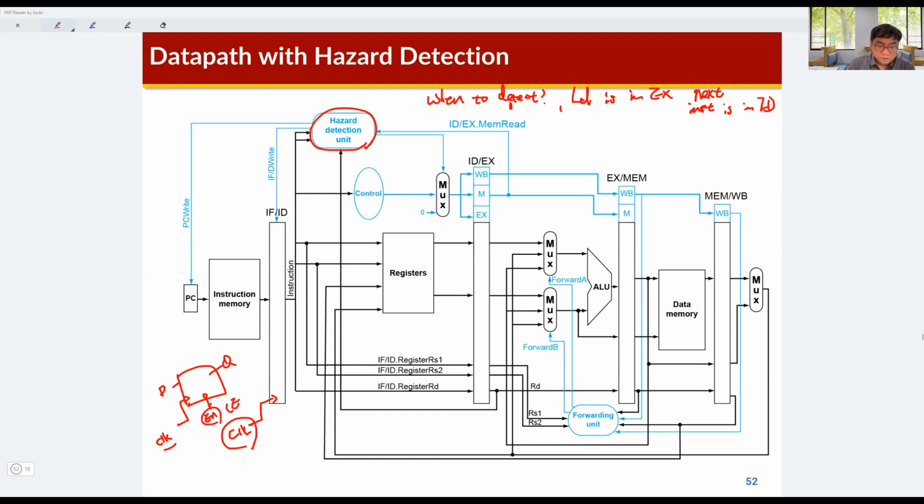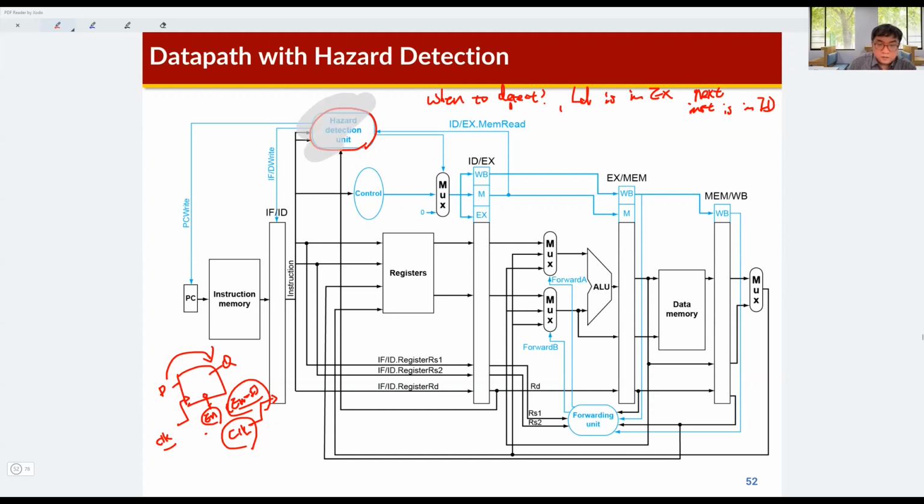So if the enable is 1, then D is updated to Q at the rising edge of the clock. But if the enable signal is 0, then the input signal is not updated to the output signal. Okay, so we can use this D flip-flop with enable signal to build the pipeline stall. Okay,